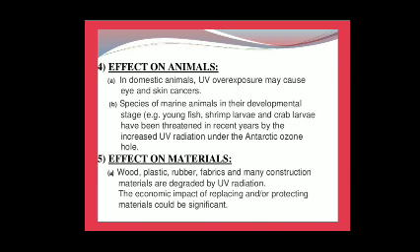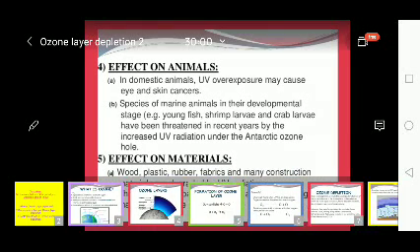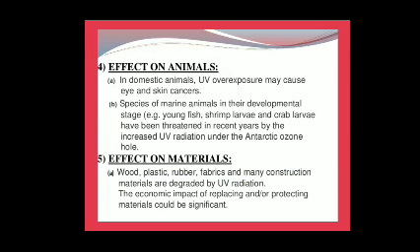Effects on animals. In domestic animals, UV overexposure may cause eye and skin diseases. Second, species of marine animals in their developmental stages, like young fish, spring level fish and crab level fish,